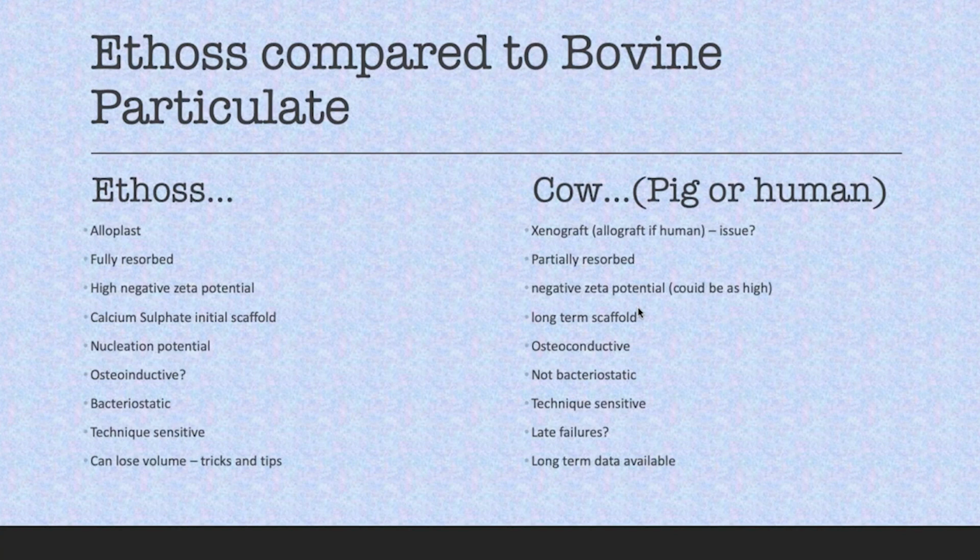Ethos, let's look at it first. It's an alloplast. I'm finding in my practice, particularly more and more, patients don't really want cow bone, and they don't really want human bone either. I've done a lot of Mineros grafting in the past, Grafton, and then Bios, obviously, various different xenografts or human grafts or allografts. And the thing is, patients tend to not want them. Some do, but many don't. The fact that it's an alloplast, it's made in a lab, it's fully resorbed, it's converted to true host bone over a period of time. This seems to be something that's appealing to my